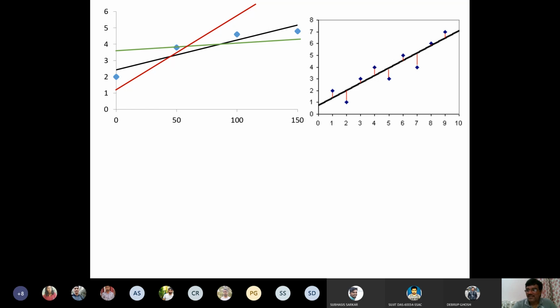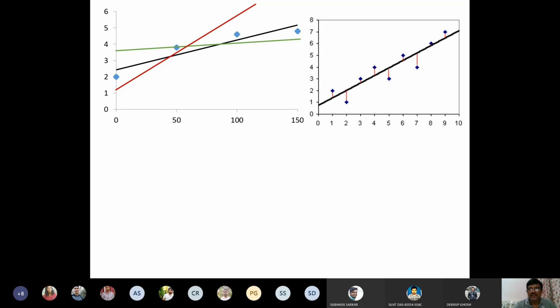I repeat, the line which will give us the least or minimum value of the total sum of squares of distances. You have these distances, take the difference of the data, then square it and make the total of all the values, and then see which line is giving us the lowest value of the sum of squares. That will be the best fit. Now you come to the left side. Many equations can be drawn to represent this data, but the best is represented by the black one here.